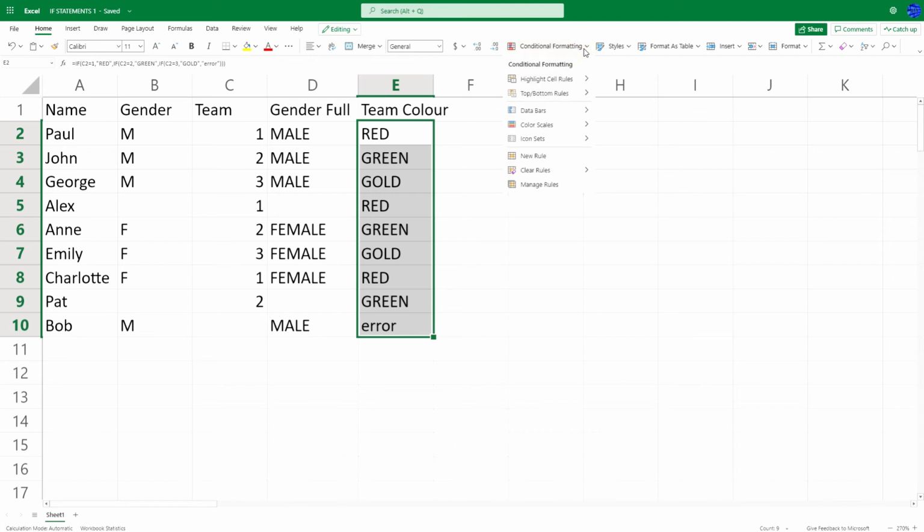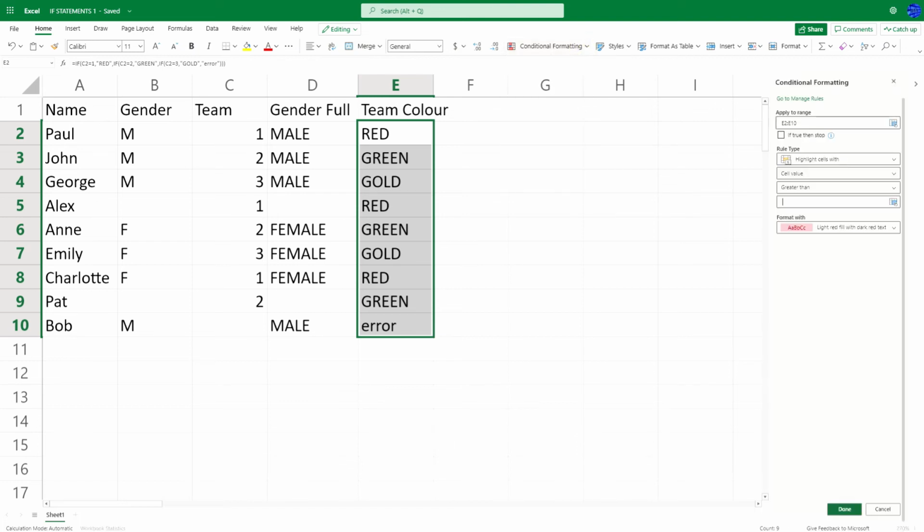So if we go to conditional formatting, we're going to create a new rule. So the range is fine, we've already added that. So highlight cells with cell value, and I want an equals. So cell value equal to, now these are words, so we need to use alphanumeric data indicators, which is the speech mark. So if that's equal to red, then we're going to format with that red. This version of Excel is a little bit limited in these. So if we then click done,